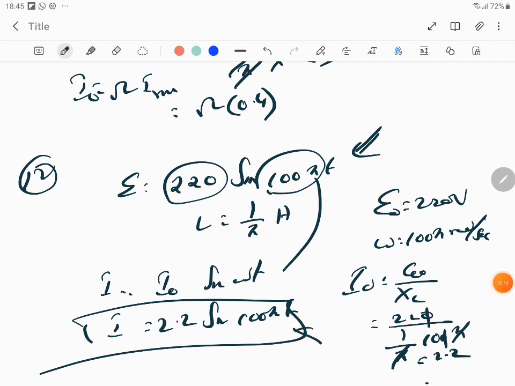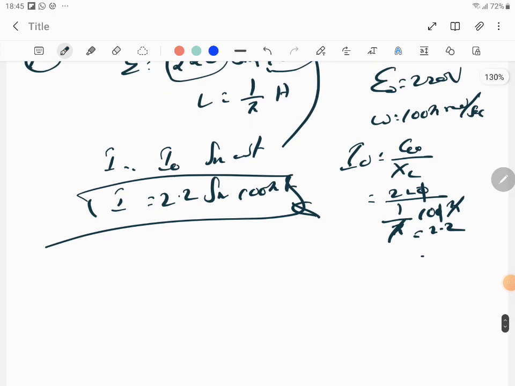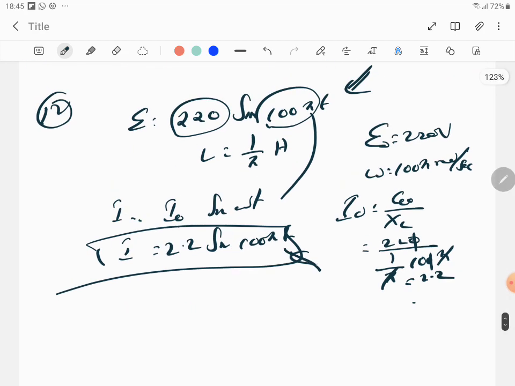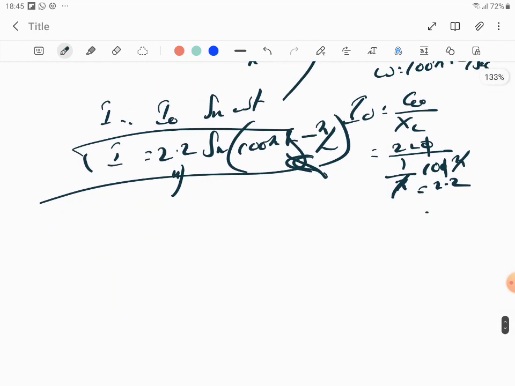We can't write it like this because when you use an inductor with an AC, the current is going to be lagging behind the EMF. So you have to use a minus pi by 2. So I naught sine omega t minus pi by 2 should be the final answer. Just plug in and write a minus pi by 2. Is it correct? Yes, ma'am. So you understood, very, very simple sums. Okay, let's go to the next question.